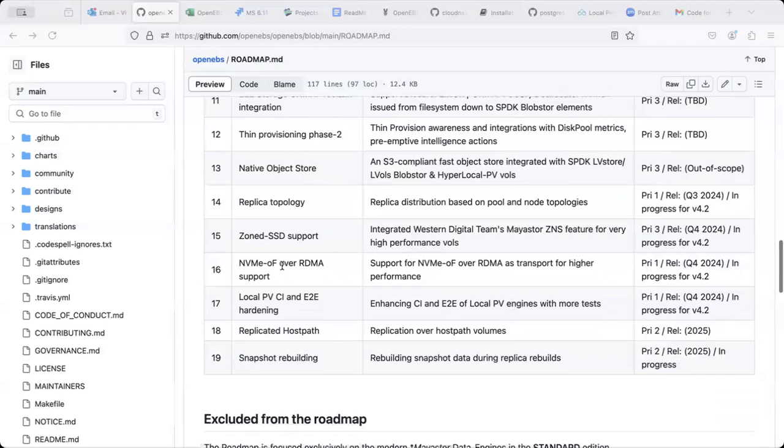similarly, on top of the ZFS local PVs and LVM local PVs, users are actually requesting certain capabilities which the native ZFS and LVM stacks already offer today, but which we don't have as a part of our OpenEBS solutions. So those are some of the enhancements and features that are being worked upon with respect to local PV, LVM, and ZFS. And at the same time, raw file local PV is another very interesting project where storage is